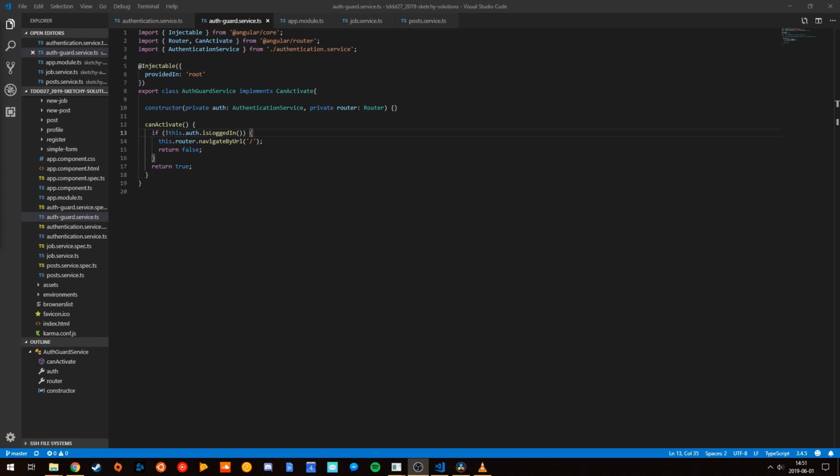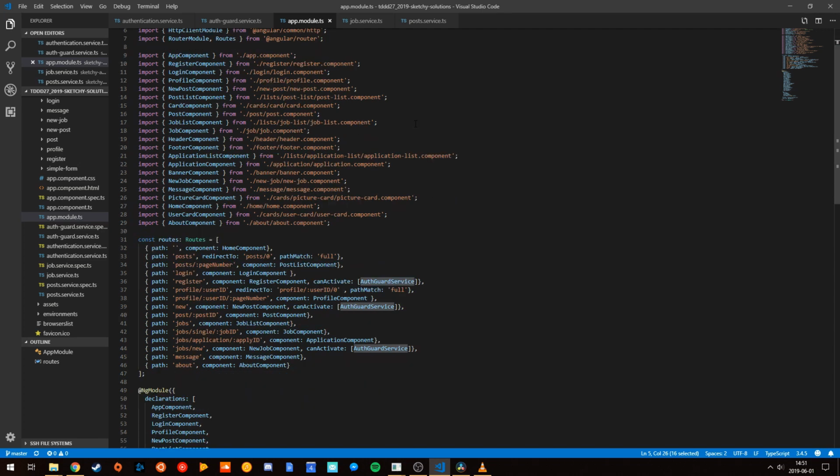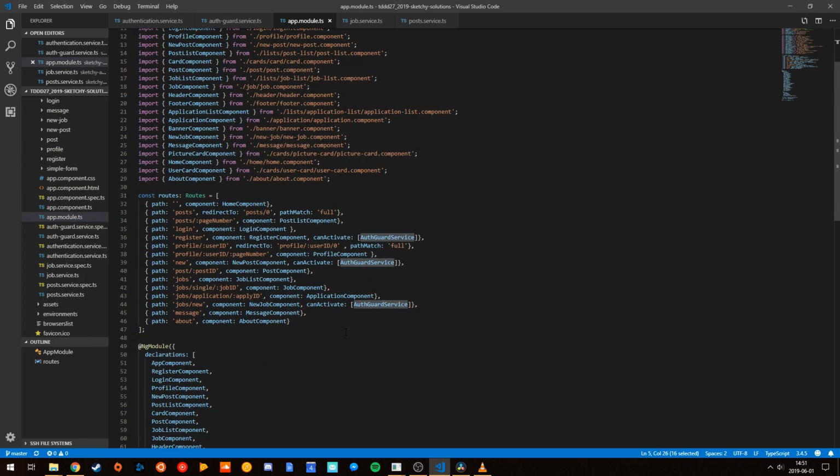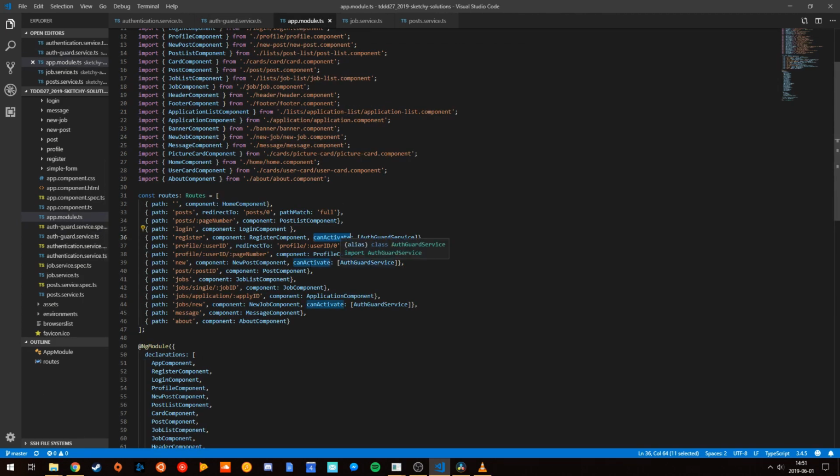Our authentication service is also used inside this authguard service here. Now this authguard service is only used in one part of the application, and that's in the app module. We import it up here. We use this canActivate function, which is inside the authguard, to block any route that we don't want unauthenticated users to